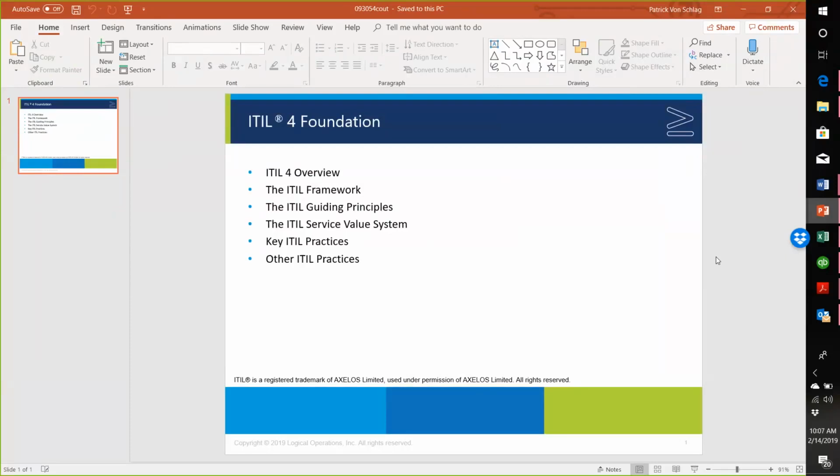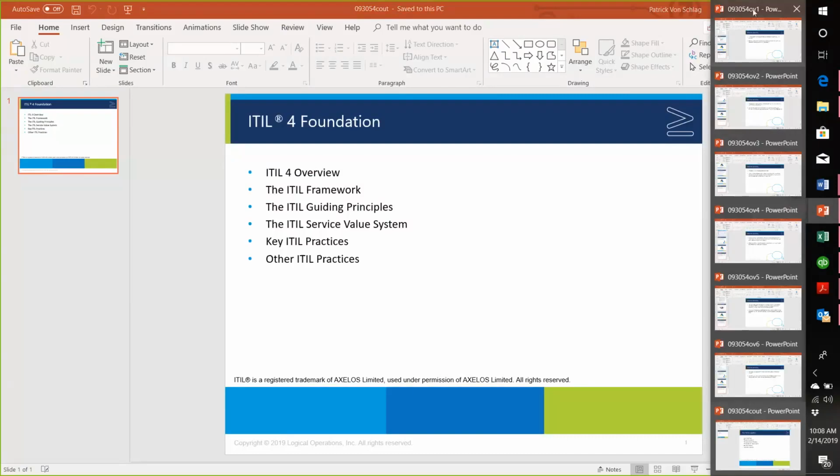And so we carve out the 7 key practices into the first lesson, and then we cover the rest of the practices, which are very much at an overview level. They're supposed to know the purpose and some key terminology, and we provide them some additional information as we try to help them get their hands around these various pieces. So with no further ado, let's get in and start looking at this stuff.